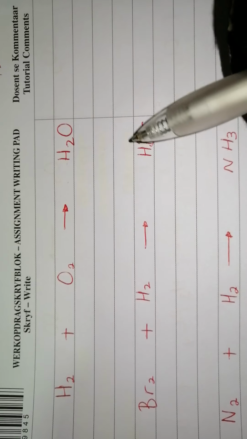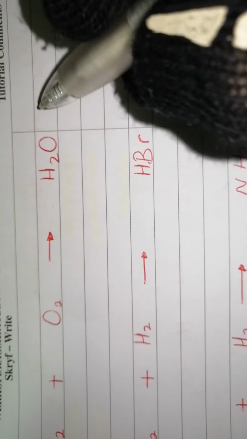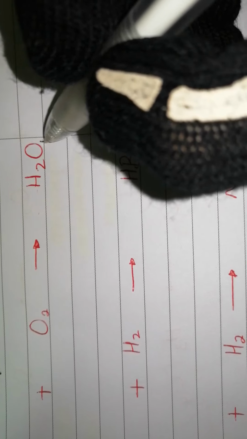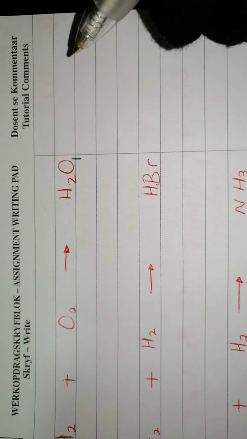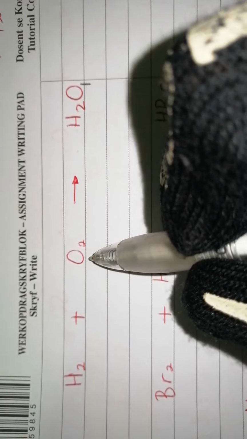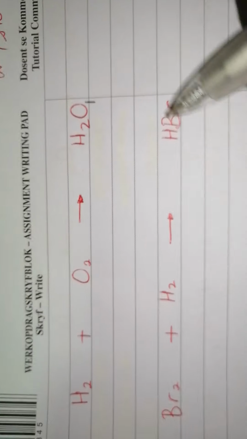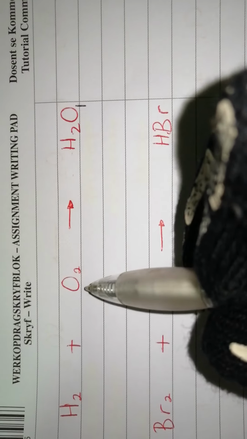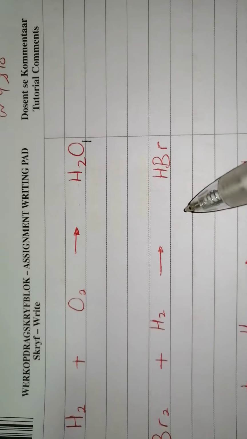Now we need to look at oxygen. Now on this side we have 2 oxygens, and on this side, can you see we only have 1. If you don't have any number or any subscript, it means it's a 1. It's like in maths. If you don't write anything, it means it's a 1. So if we only have 1 oxygen on this side, and on this side we have 2 oxygens, it means we need to make both sides equal. So we need to change this one and make it into a 2 so that both sides can have 2